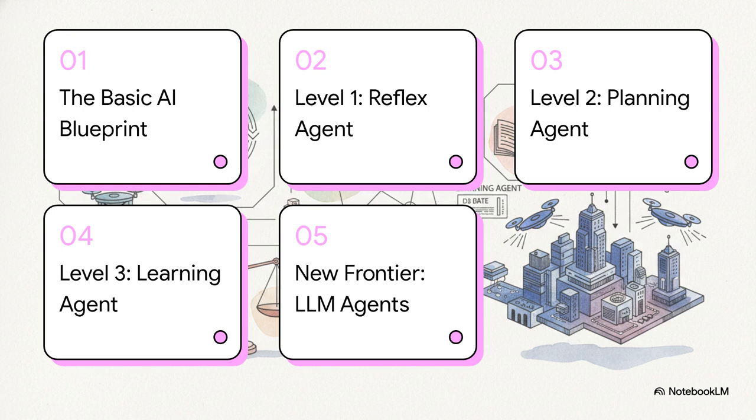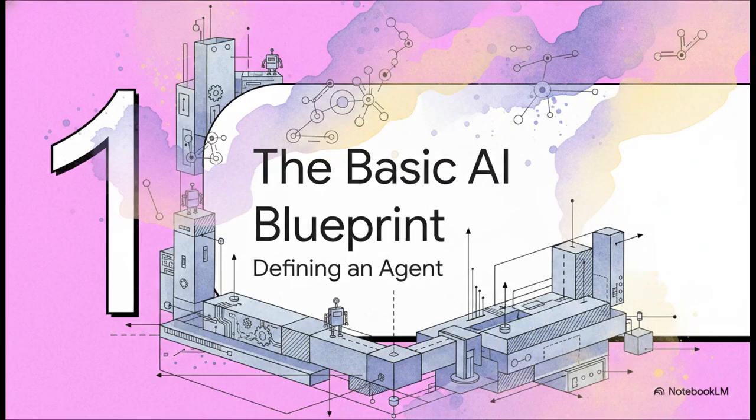So today, we're going to climb the ladder of AI intelligence, starting from the absolute basics and going all the way to the cutting edge. This right here is our roadmap for the journey. Okay, so first things first. Before we can climb that ladder, we need to build a solid foundation. Let's get really clear on what we actually mean when we talk about an AI agent. It's a term that gets thrown around a lot, but its meaning is actually super precise.